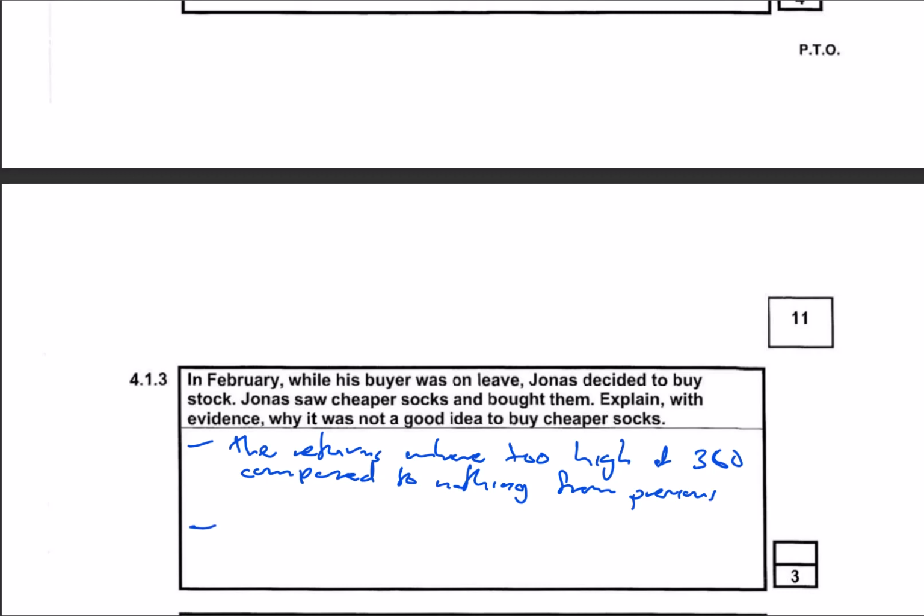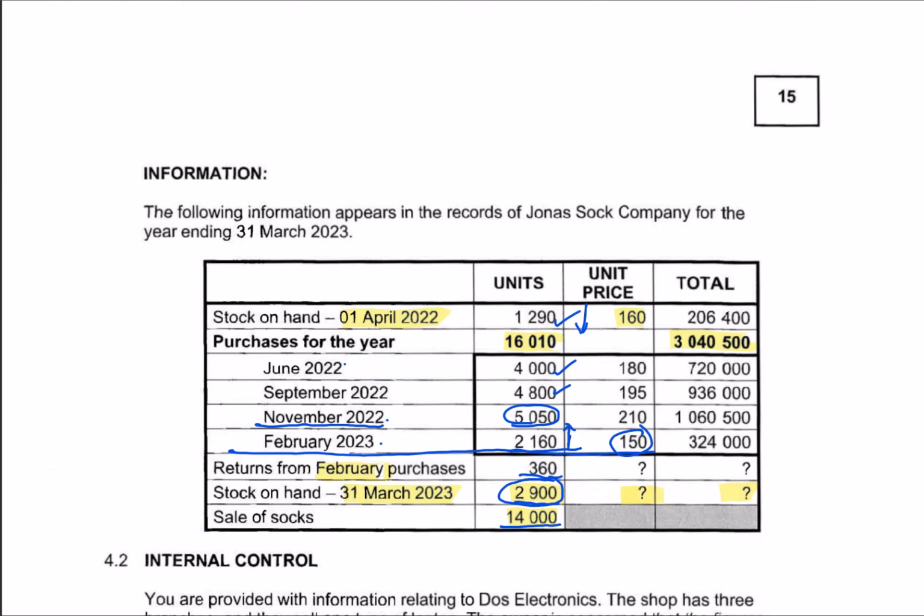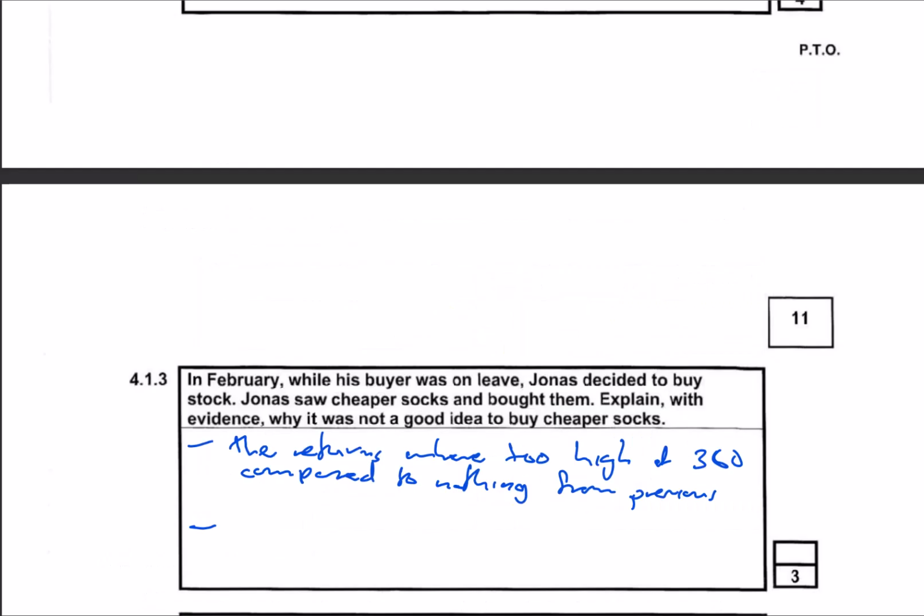Then the second thing that we can bring in, remember, we're looking at the stock. At the end of the day, the 1900 socks were still in stock. There was a higher volume of units still in stock. Why did you buy them? Did they really need to purchase the stock anyway? You wonder. So at the end of the day, you had a high volume